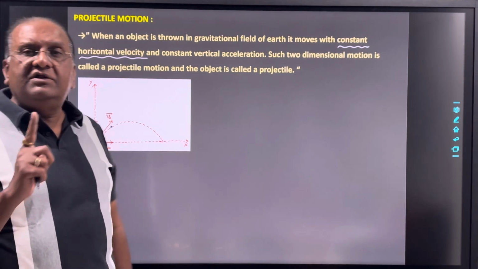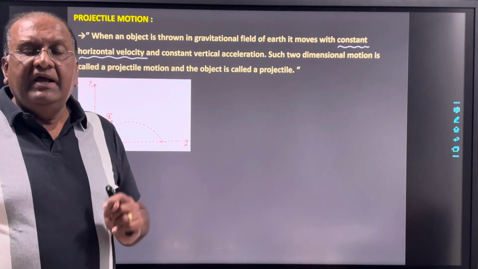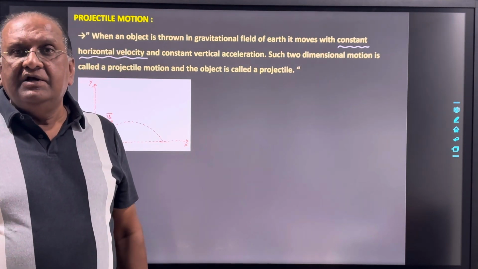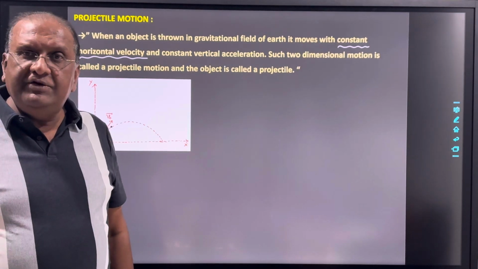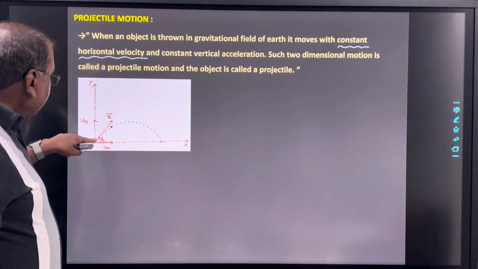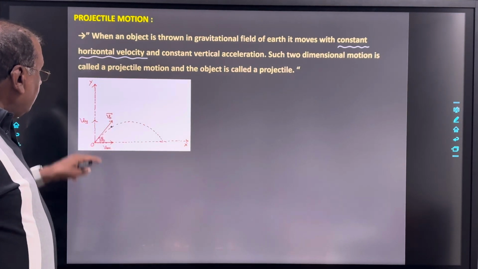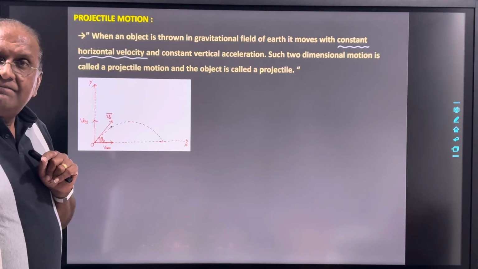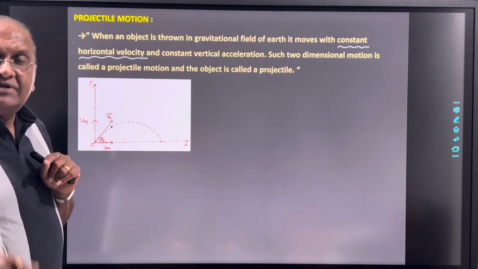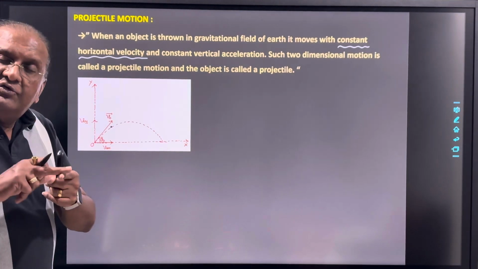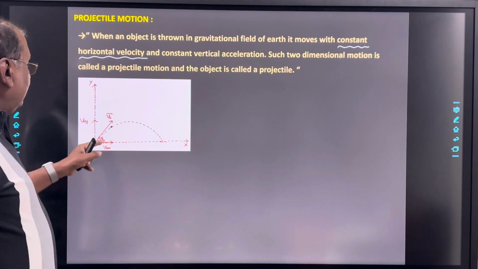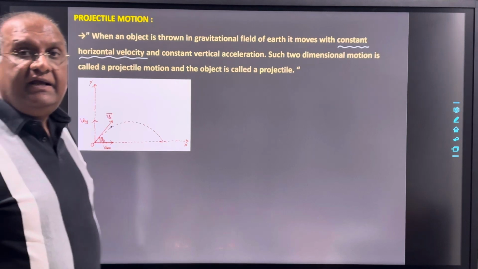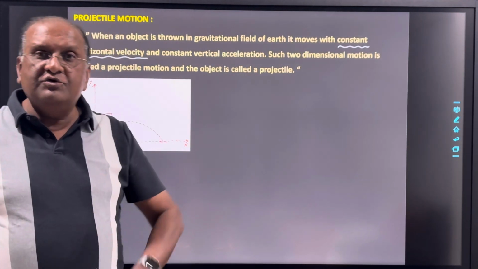force which is acting on the object is gravitational force, and gravitational force acts only in vertical direction. So the horizontal component of that force is 0. So during this motion, if we think about the component of the velocity of the object in horizontal direction, then there is no force. If force is not there, acceleration is not there, so we can say the velocity is constant. But here if we take the vertical component of the motion, then in vertical direction gravitational force is there,